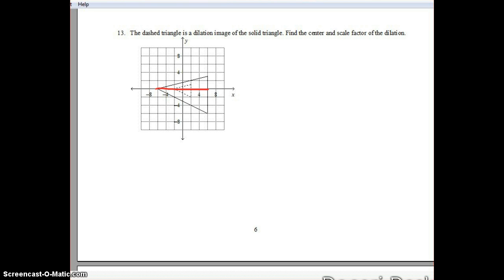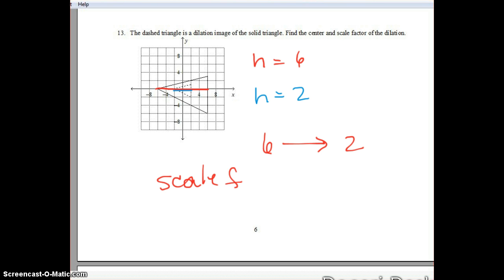And you can see the large triangle has a height of 6 units, and the smaller triangle has a height of 2 units, and that's what I'm shrinking it down to, from 6 to 2. So this dilation is going from 6 to 2, or a scale factor of 2 over 6,